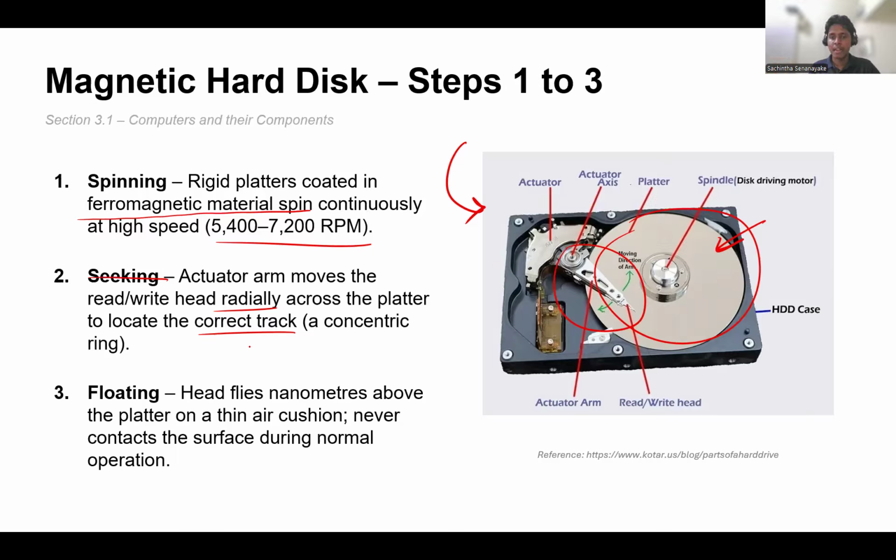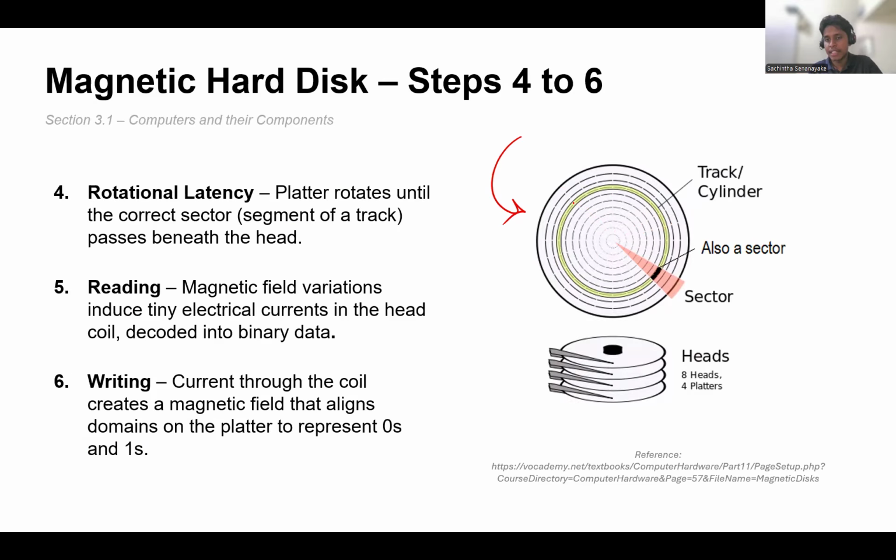And then the idea is, this is what I was explaining to you guys earlier. What we meant by a track is these concentric circles around a disk, right? Now, these platters rotate while the read-write head moves, which together allows the read-write head to locate a specific sector, which is the intersection between a portion of the hard disk drive platter and a track. This portion is also referred to as a sector. This is the sector that you guys might be familiar with from maths class, where circles can be divided into sectors. So that sector, like the pizza slice looking component intersecting with the track, also known as a cylinder, forms another block, which we like to call a sector as well, which is where the actual data is stored. So the read-write head can locate this sector,